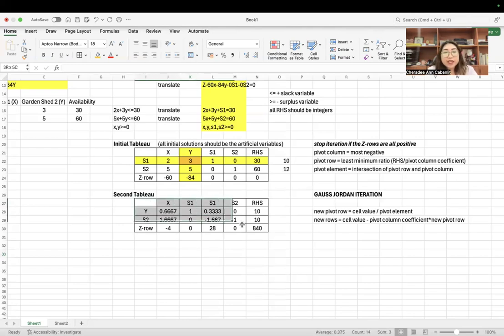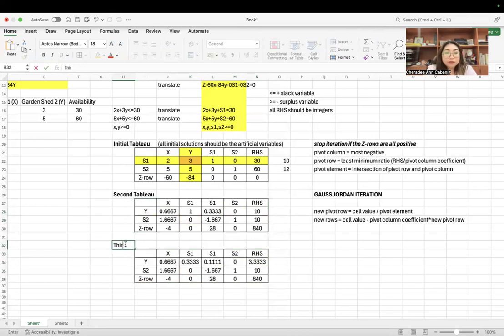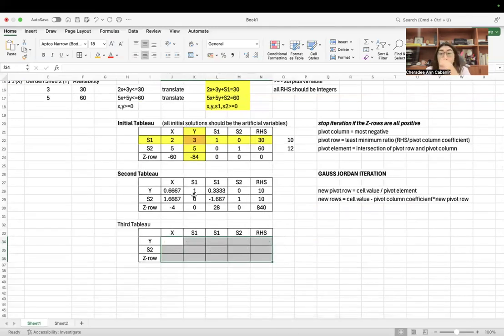So, that is what we're going to do again for the third tableau. For the third tableau, we will just repeat the same process. We will find the most negative value, which is obviously only one left.